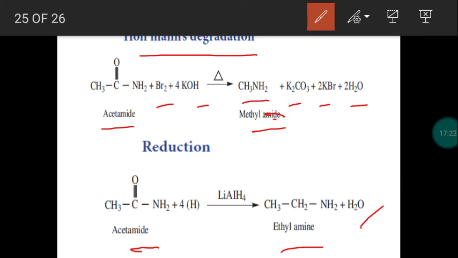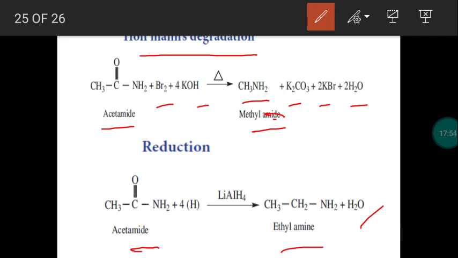So we have completed preparation and the properties of derivatives of carboxylic acids: acid halide, acid anhydride, esters and amides, right? So 4 compounds we have completed. Physical properties as well as uses is just to go through. It will deal with physical state as well as solubility only. Just go through the physical properties as well as uses of carboxylic acid and derivatives.